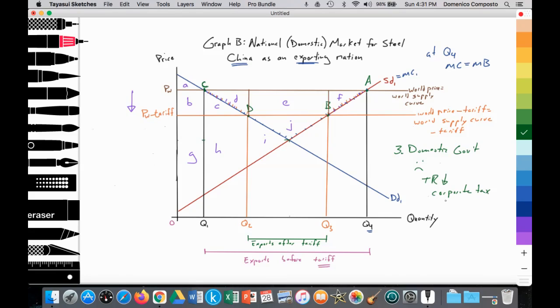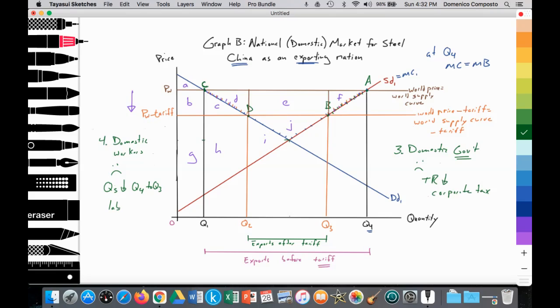So less corporate tax being paid by these steel producers, and so the domestic government of China will receive less tax revenue from these Chinese producing steel firms. In addition, we can also look at number 4, the domestic workers within the Chinese steel industry will be worse off because since the quantity supplied is going to decrease from Q4 to Q3, since Chinese firms will decrease their quantity supplied, they will begin to fire excess resources like labor.